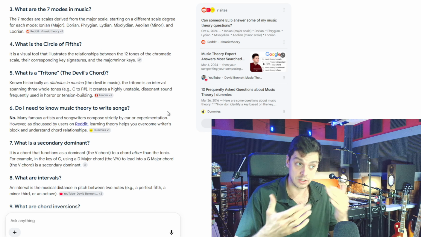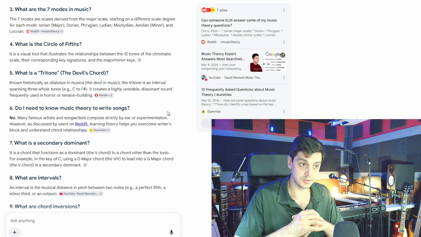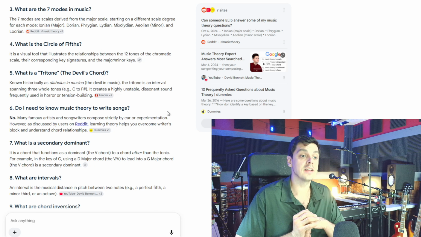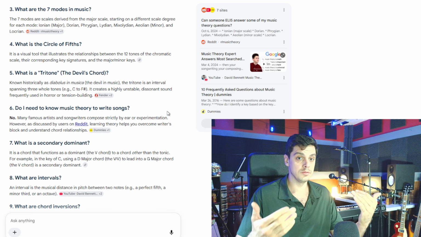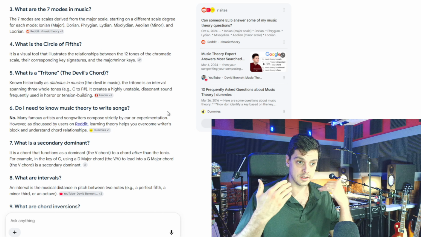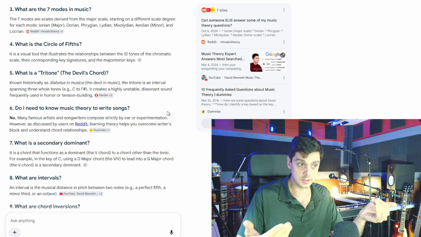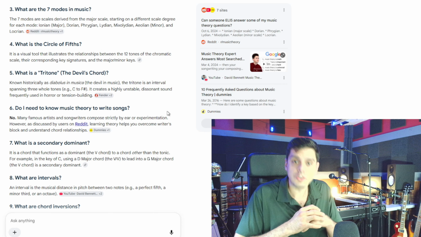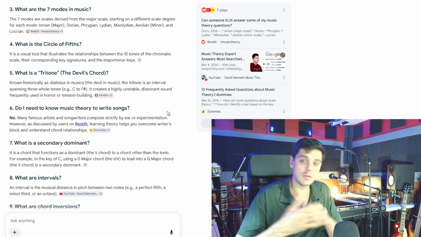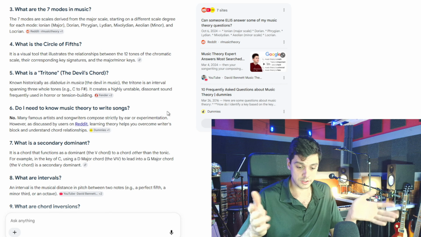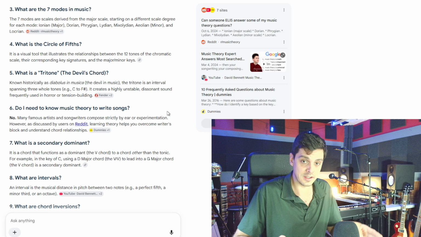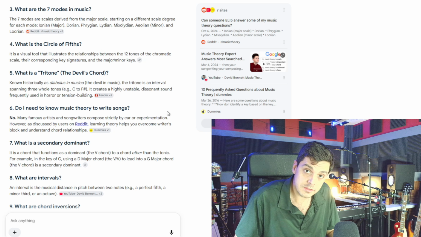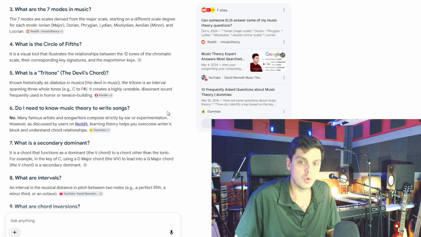So a tritone is an interval. Great. Spanning three whole tones? Great. It creates a highly unstable sound in tonal music. That is correct. It's dissonant because it wants to resolve. Frequently used in horror, attention building? Sure, I get that. I think the most interesting thing about a tritone is something that they don't actually mention here, which is the tritone is a function of splitting an octave directly in half. And we wouldn't have our Western idea of tonal music without the tritone, because